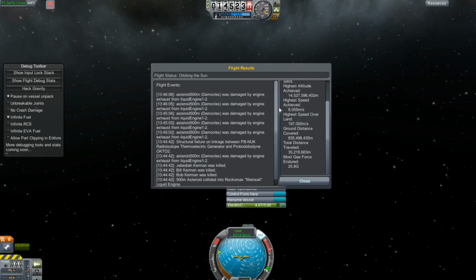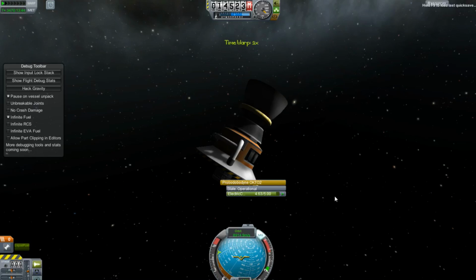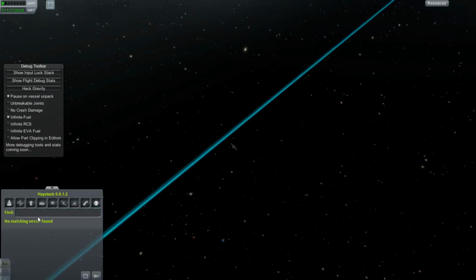What happened? Damocles was damaged. Wait, why was anyone killed? Oh, look, I destroyed it with my nuclear-tipped warhead. That is my radiothermal generator. Okay, point is, I can reload this save now. And I have my test spacecraft. I can switch to...